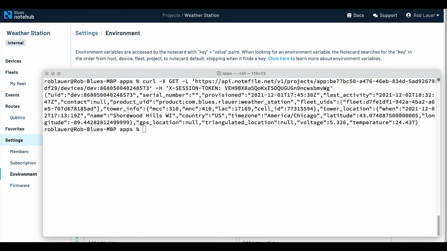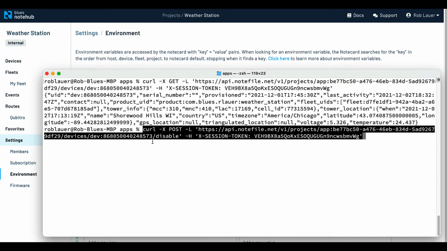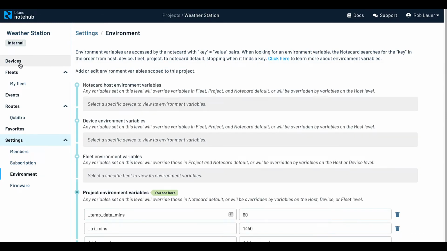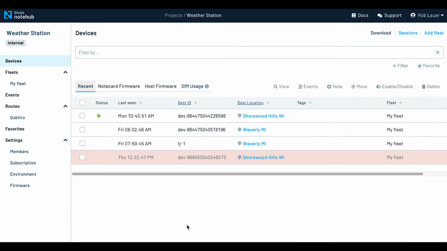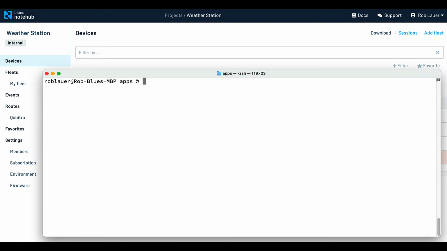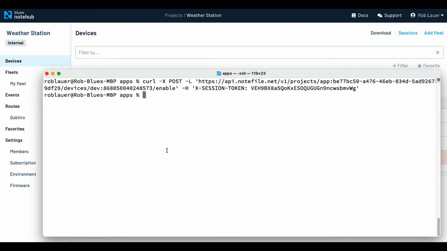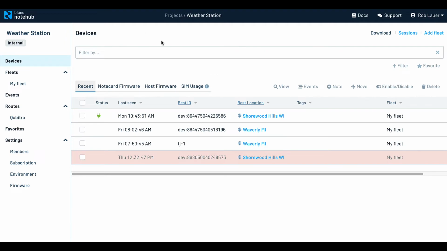Maybe we have a problem device. Maybe I've determined that this device is a problem. Well, we have the capability of disabling an individual device, which I just did. So let's see what happened here. You can see this in a more visual perspective. Sure enough, that device is a problem. So I disabled it and it turns all red in our UI. Maybe I want to re-enable that device. So let me copy and paste that command in here. And that is just simply the enable endpoint. And I head back here and reload. Sure enough, we're all good again.